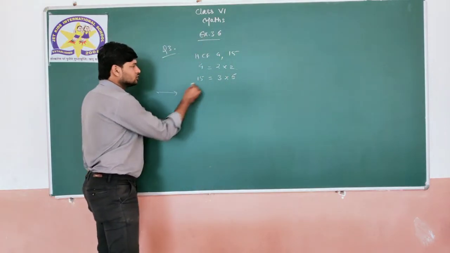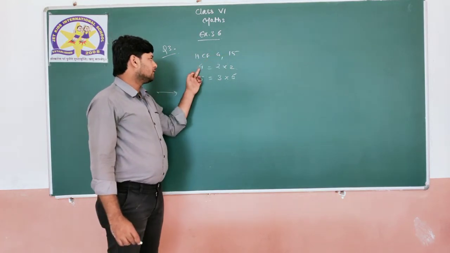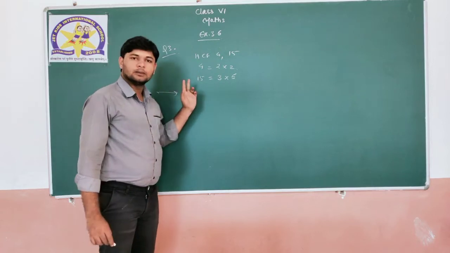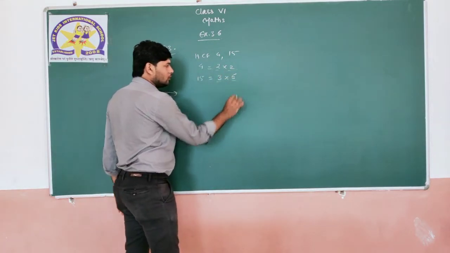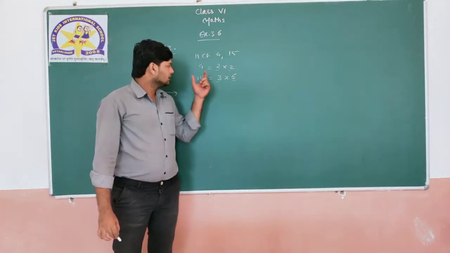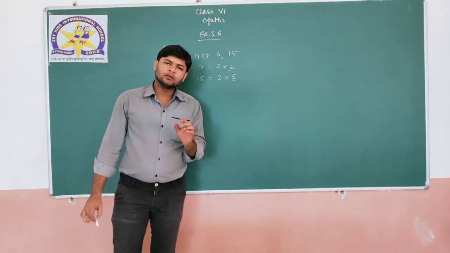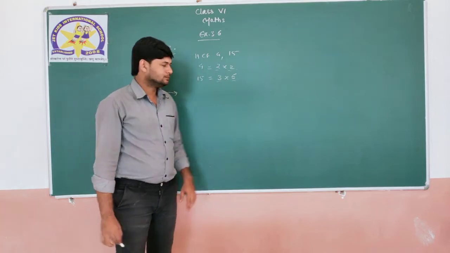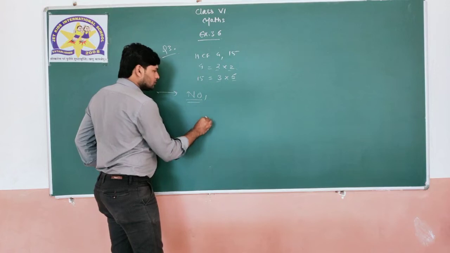Okay. Here is the question. Alright? What is the question? HCF of 4 and 15 we have taken. That means we have taken prime factorization of 4 and 15. Now we cannot find any common number. So can we say the highest common factor of these two, if we do not find any, is 0 or 1? Sorry, is it 0? No.